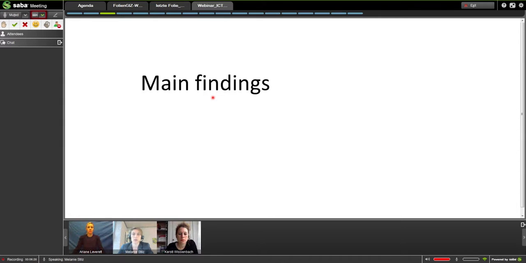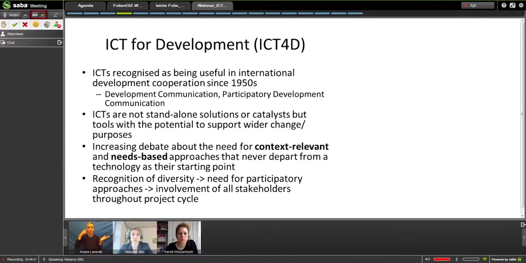So what are our main findings in this broad field? We started with looking at ICT for development, as this more or less gives the foundation for how to make ICTs work in a context that might also technically be more challenging and difficult, but also in terms of certain social or cultural or broader context issues. So the lessons learned in the field of ICT for development,